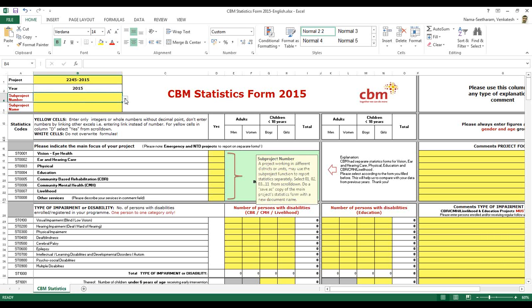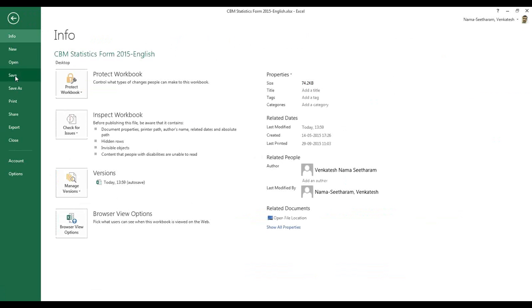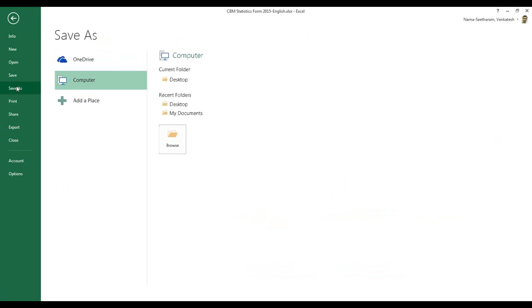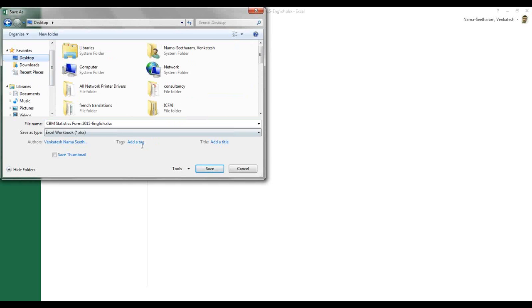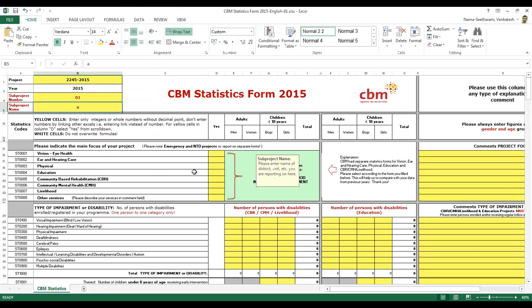They can just select 01, put a place number, and file, save as, just save it as 01, save, and they can fill in the form.